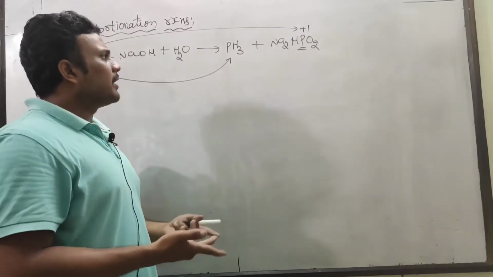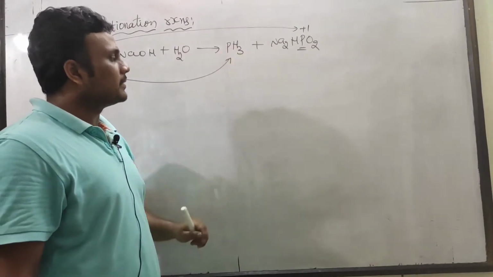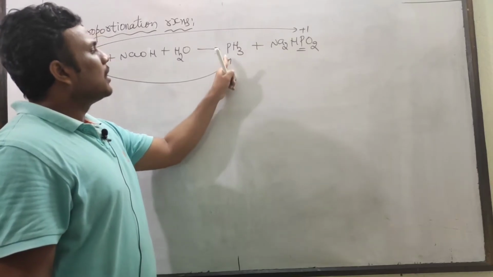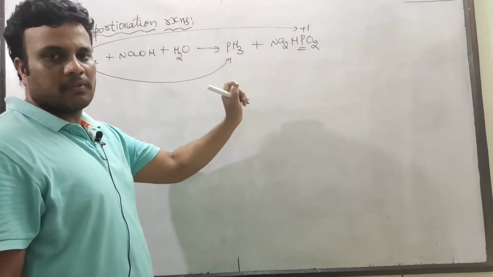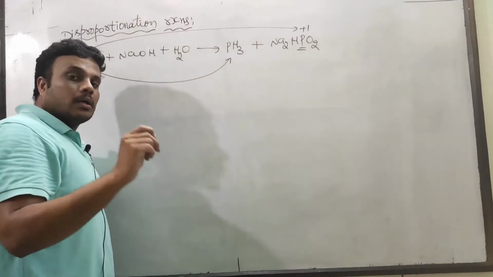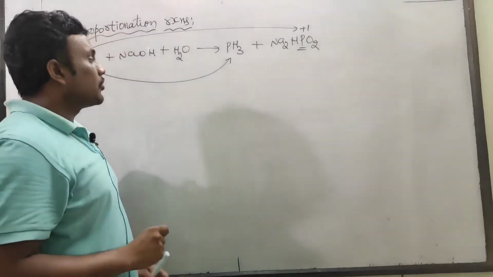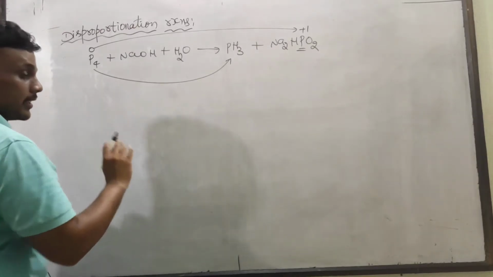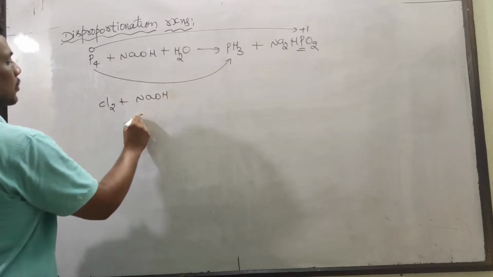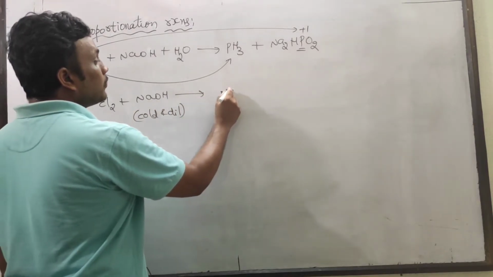So for predicting oxidation state, if you are strictly asked in the examination, then you can write +1 and -3. But in fact, phosphorus to phosphine is a reduction, and between phosphorus and hydrogen there is no electronegativity difference. So reduction takes place, oxidation takes place, and the same element undergoes both oxidation and reduction simultaneously. That reaction is called a disproportionation. It is also a kind of redox reaction. Chlorine, when treated with cold and dilute sodium hydroxide, is a question many times asked in competitive examinations.